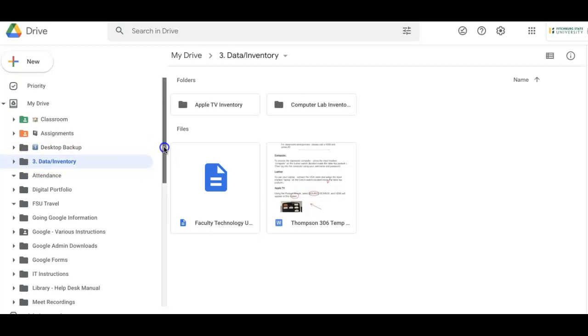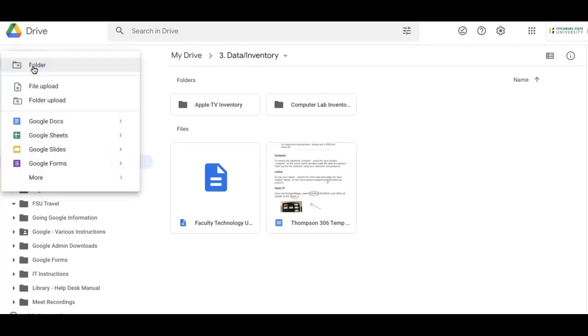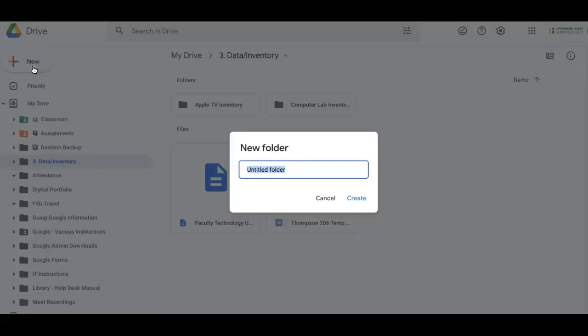Again, to start, if you haven't already, you will need to go ahead and create folders. You can do that by going to the plus new at the top here. You can do a lot of things, but one of them is to create a folder. I just press create folder. I can call it whatever I'd like, and I can always retitle or rename this folder at a later time. So even if you just want this to be old items, so you want to go through and maybe not delete anything, but you want to be able to refer to it later, go ahead and call it old items.